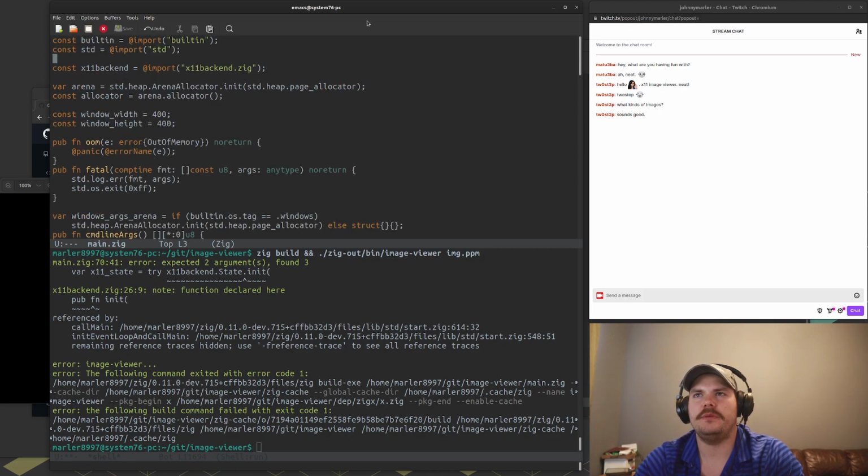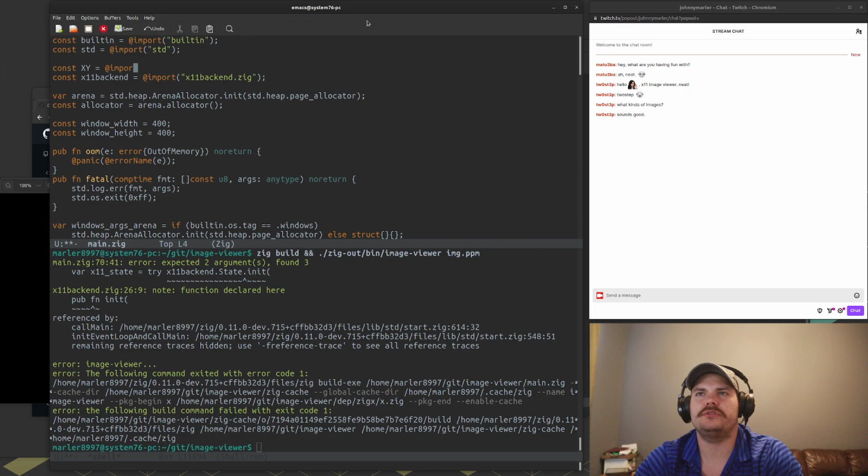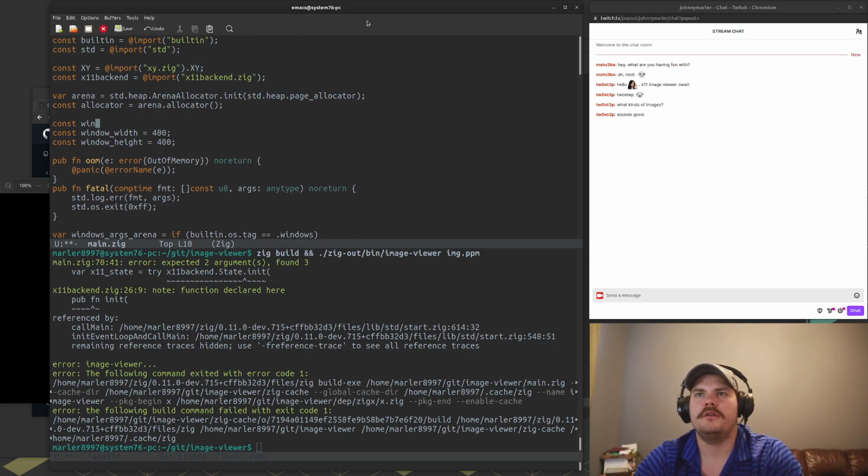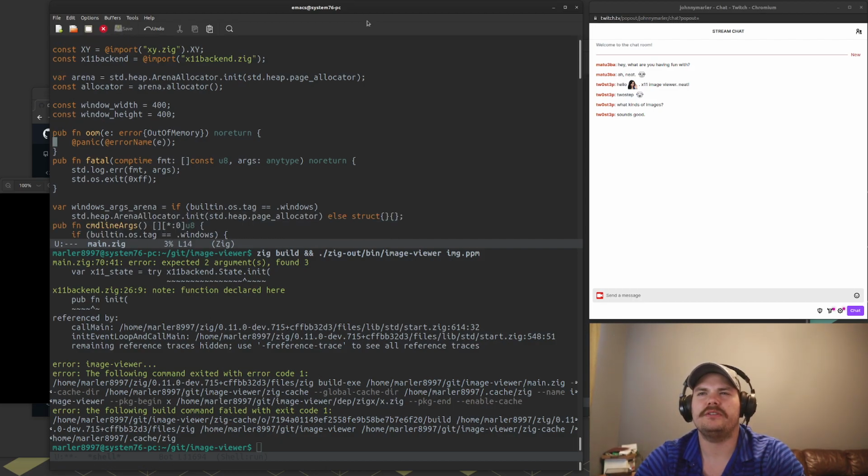It's also maybe const xy equals xy. And also keep those as constants maybe, because